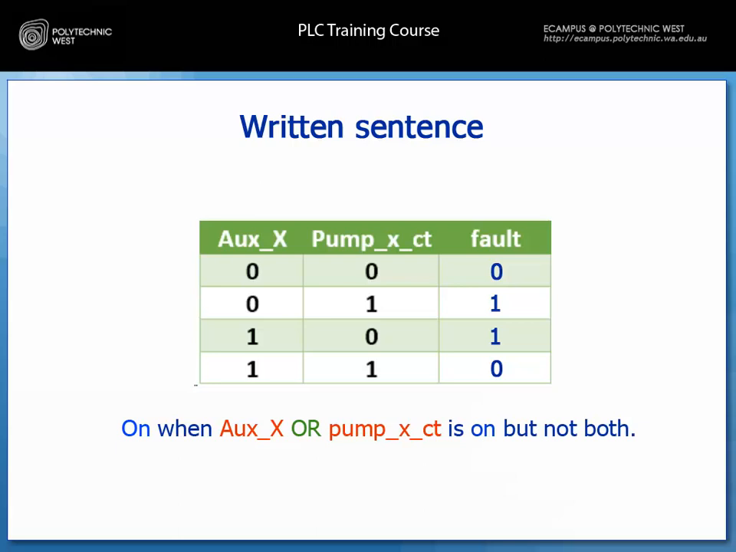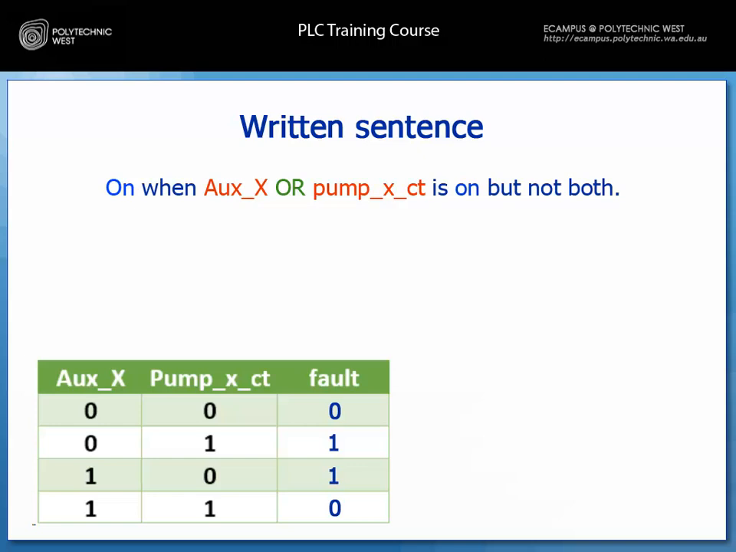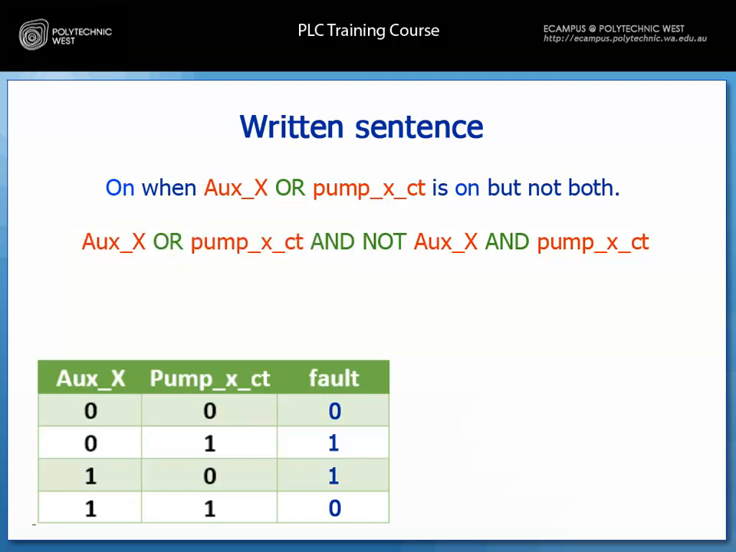You may recognize this truth table as the one for the exclusive OR. We can still go through the exercise of developing the program. We can have a look at this sentence. Both means auxiliary X and pump XCT. So not both will mean not auxiliary and pump XCT. We can now rewrite our sentence to be on when auxiliary X or pump XCT and not auxiliary X and